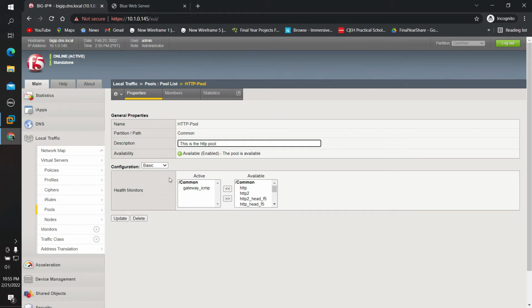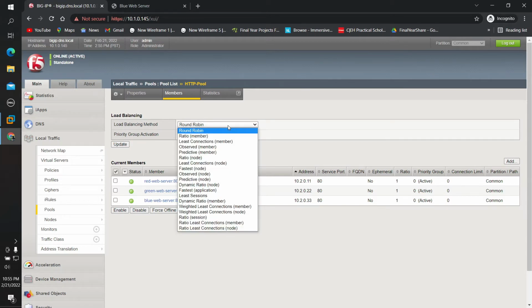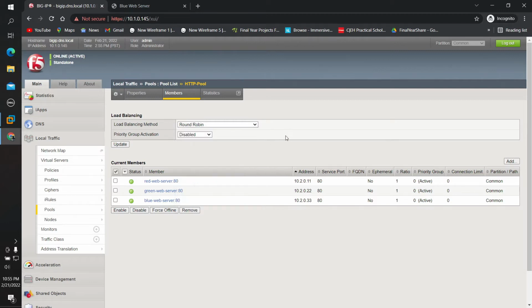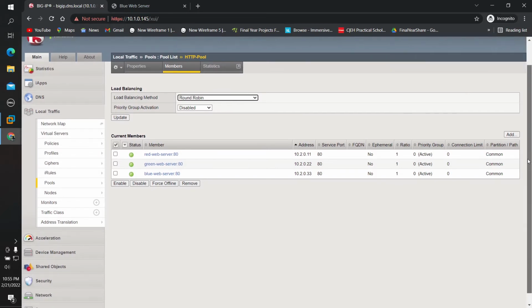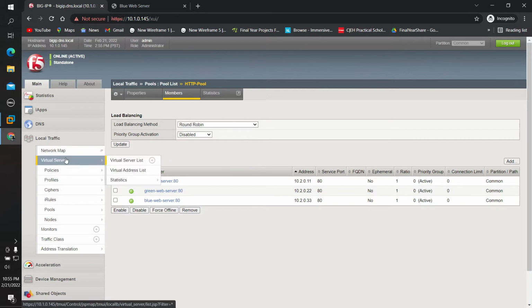HTTP pool and members. So here is the static load balancing method: round robin, ratio based, least connections, ratio node. If I configure round robin and click on update, what happens is when I